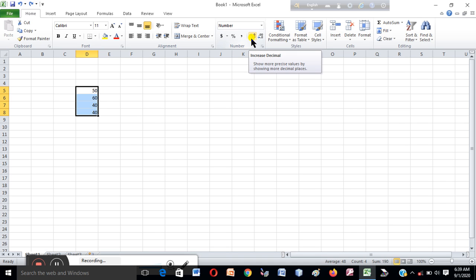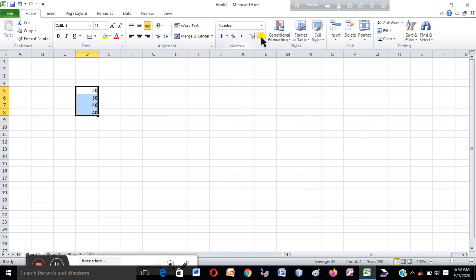When we click here, look, 0.0, 0.00, like this. And if you click here, then the 0.0 will be omitted. So this is the first point.